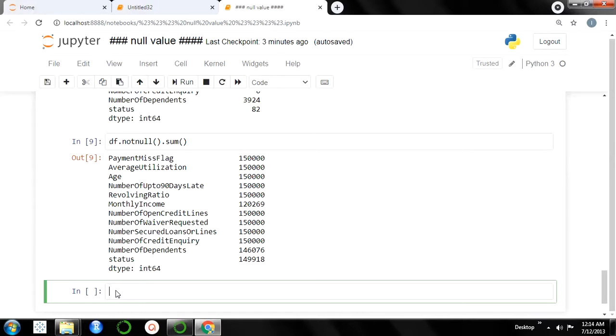So now sns dot heatmap df dot isnull, comma y